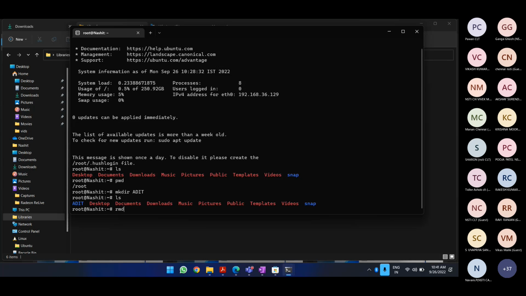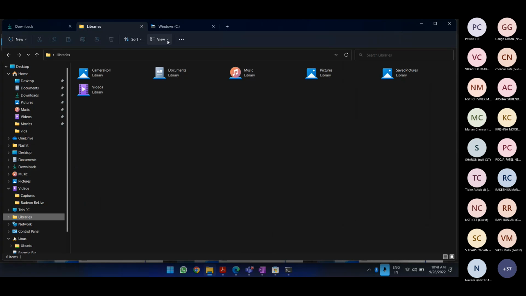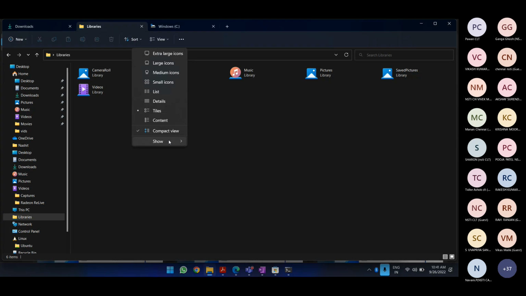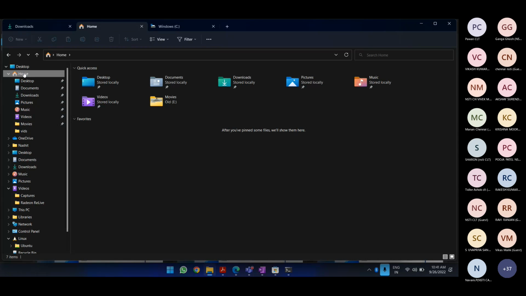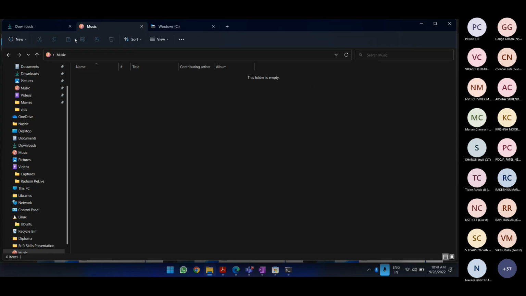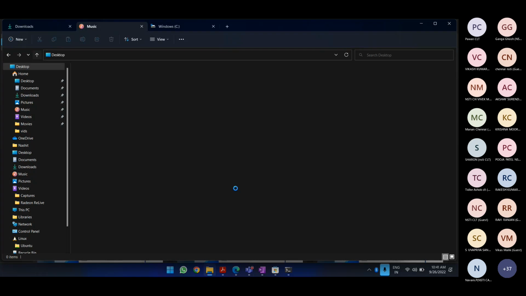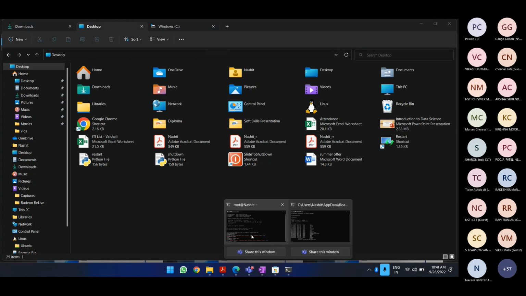Suppose we have this RMDIR, and let me see what are the different things that we have. Let me go for some hidden items. Okay, fine. So instead of going for this, let me go to the home. And now I have this music that seems to be, let me see in case I can delete this right from here.